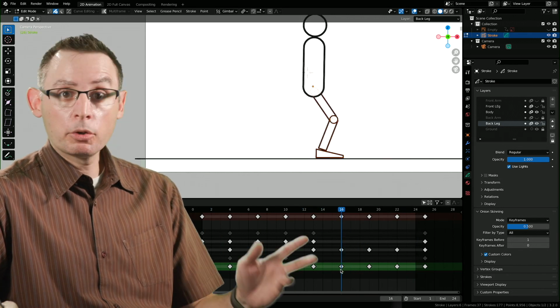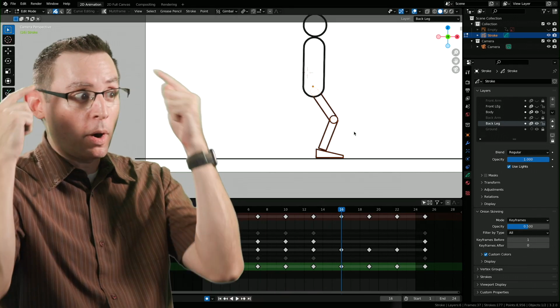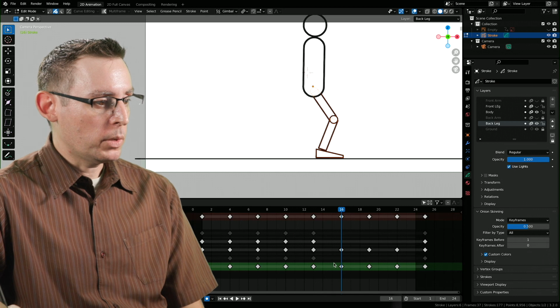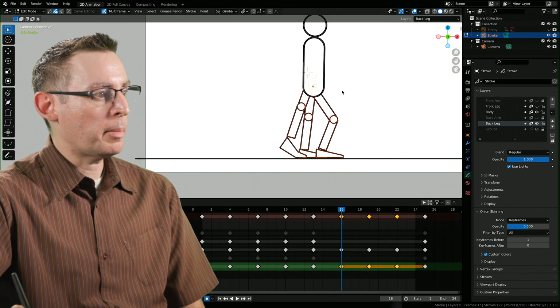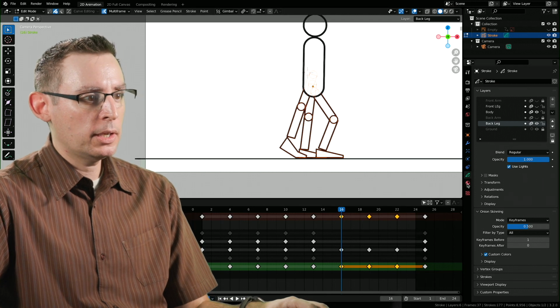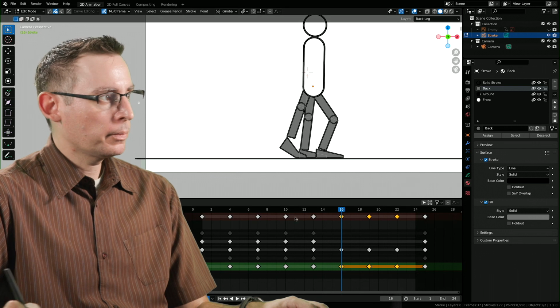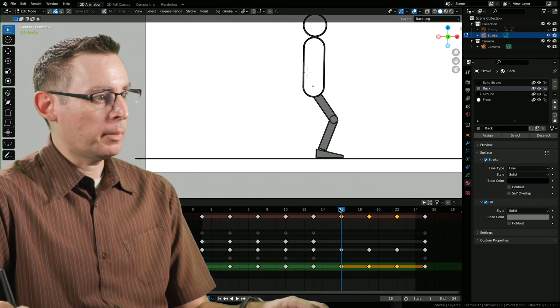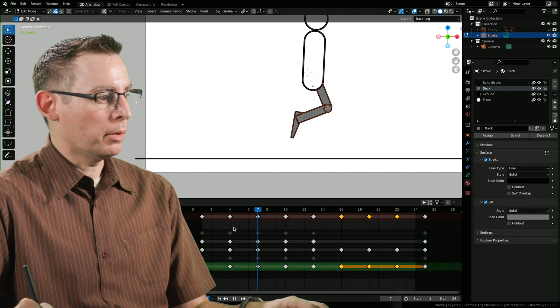Okay. Now, the colors are wrong, so let's fix the colors. And this is why we isolate them, so it doesn't mess up our brain, okay? We know we're working on the back leg. We'll select the keyframes. We'll go into multi-frame editing. Looks like everything is selected, and we'll just re-tag it with the correct material. There we go. Let's exit out of multi-frame, and let's see if it works. Yeah, there we go. It works.